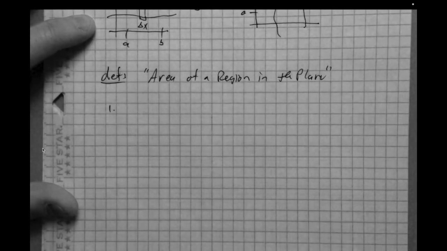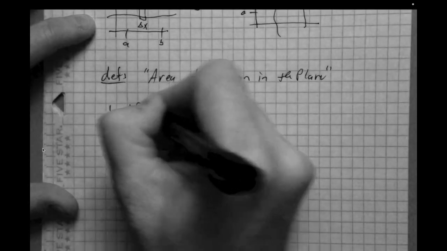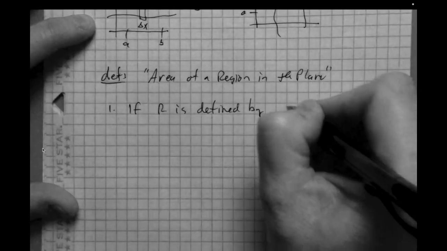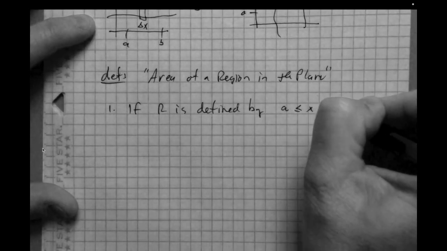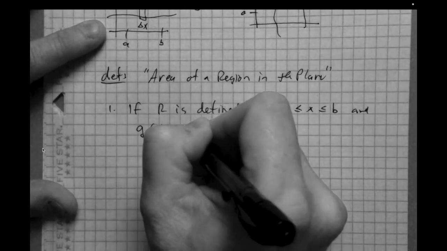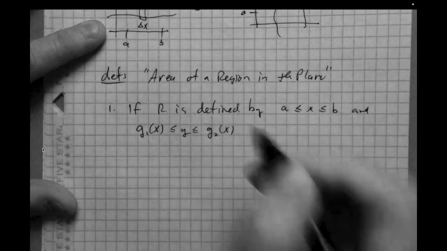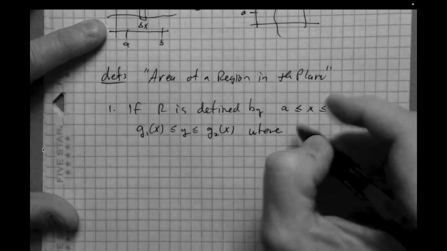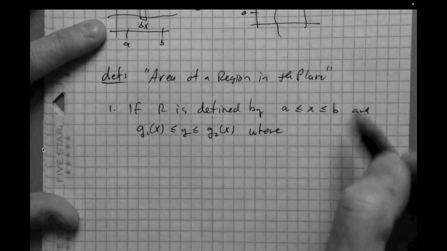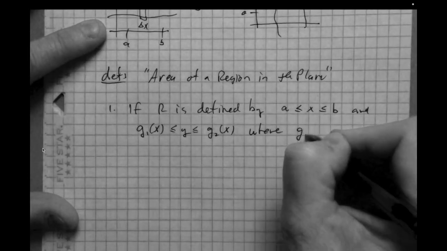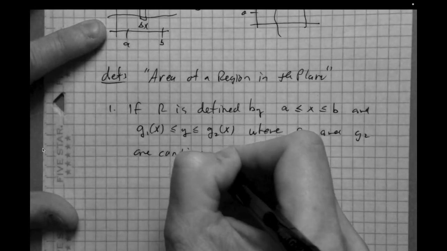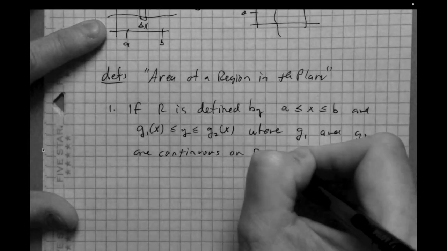The first one, if R is defined by a less than or equal to x less than or equal to b, and g1 of x less than or equal to y less than or equal to g2 of x, where importantly g1 and g2 have to be continuous on the closed interval a to b,